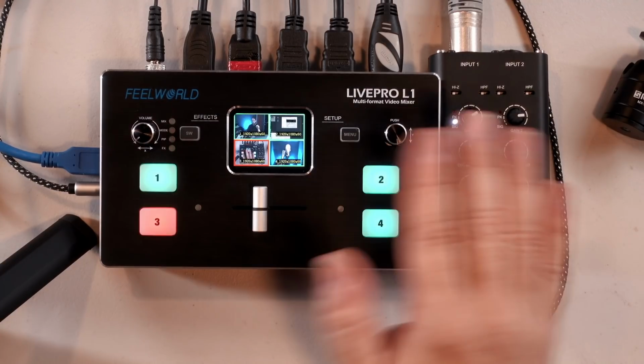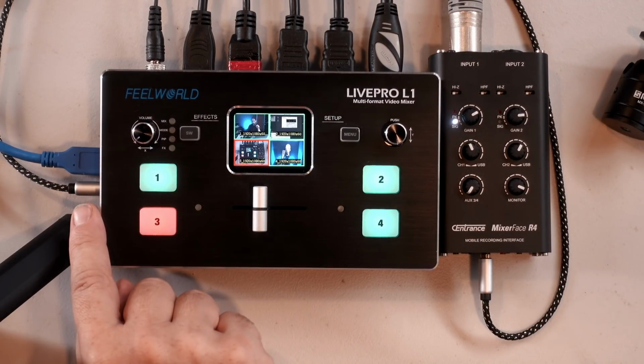You'll need to either plug it into your camera, I have a camera up here, or plug it into a mixer so that you can bring the audio in. You can bring high-quality audio in, but know that this is not a powered output for microphones. That's important. The other thing to know about the audio is that it can only be one source at a